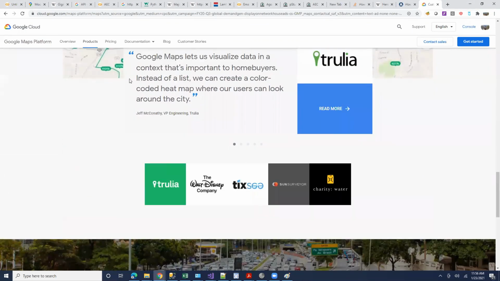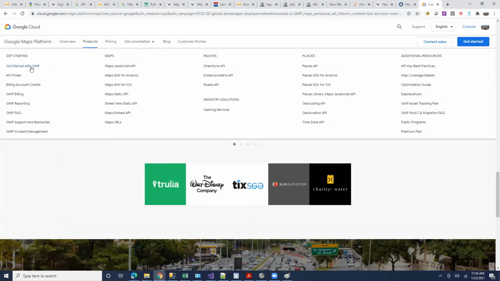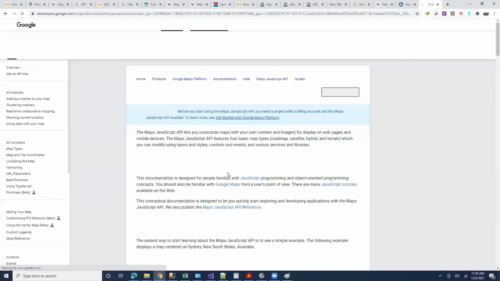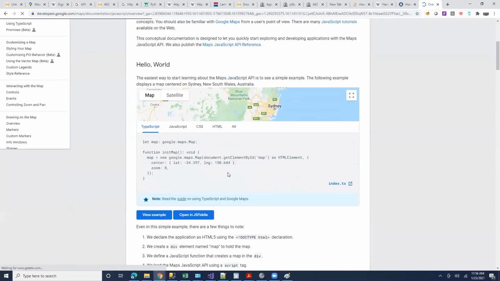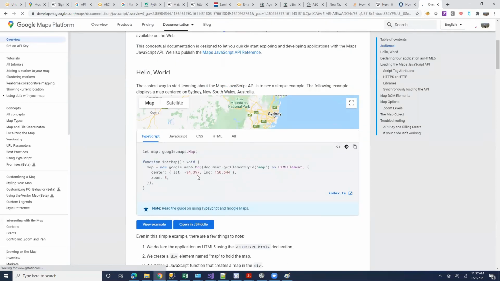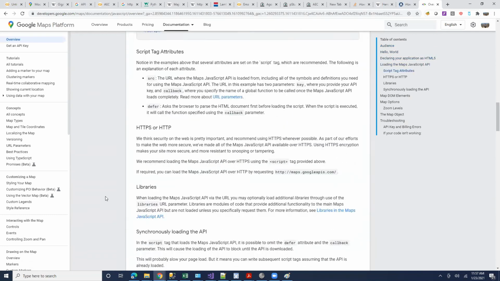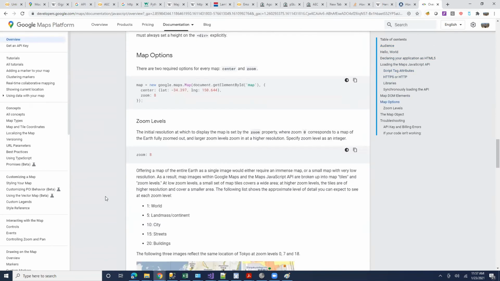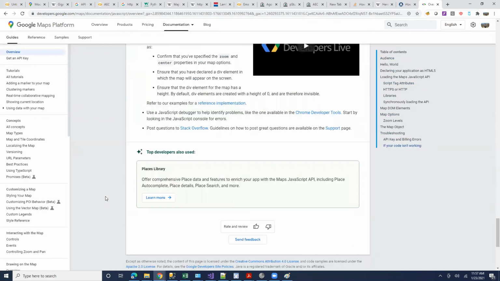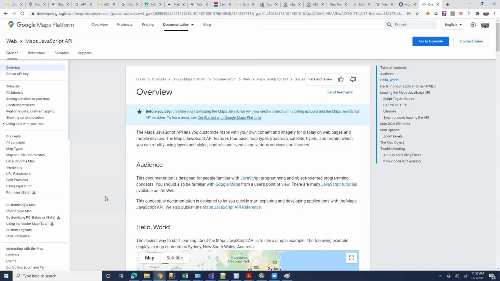Yeah, looks like you guys can try getting started with this Maps API. Yeah, I'm sure you can find a lot of information. Oh, Google documentation is bad. Okay. Looks actually like this is about the Java. Yeah, I'm not sure. Let me see if I can find some decent documentation. What is a good Google Maps thing?